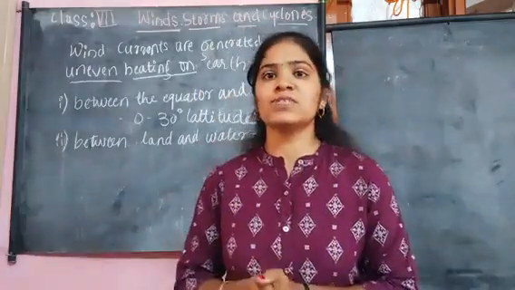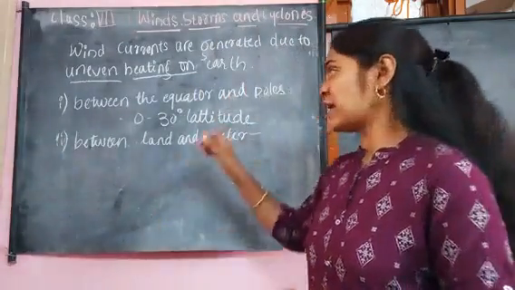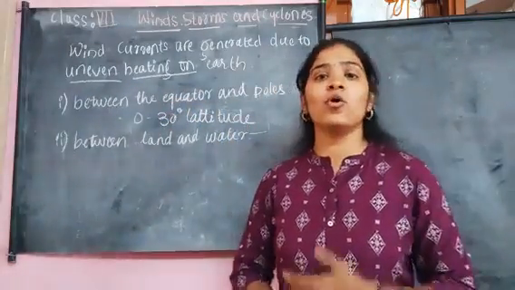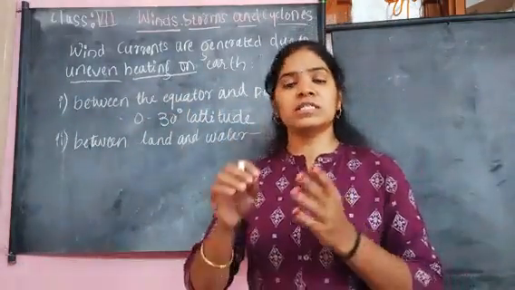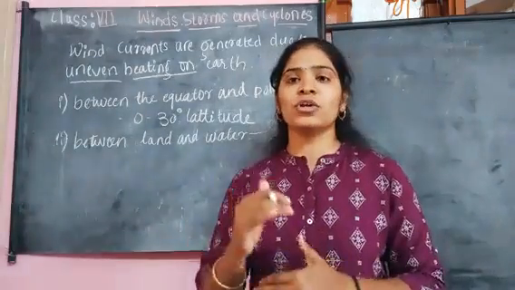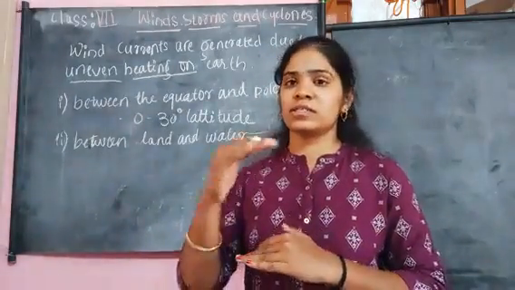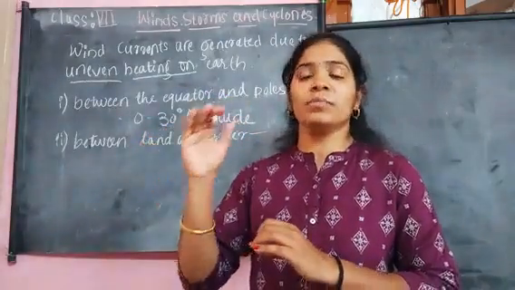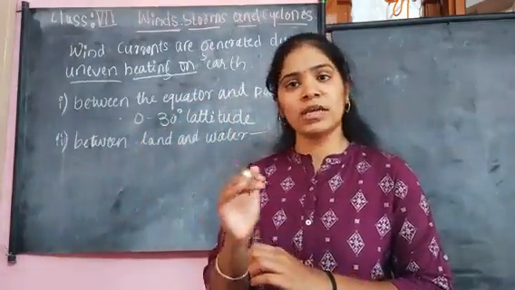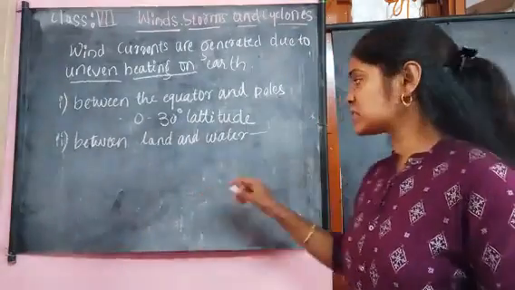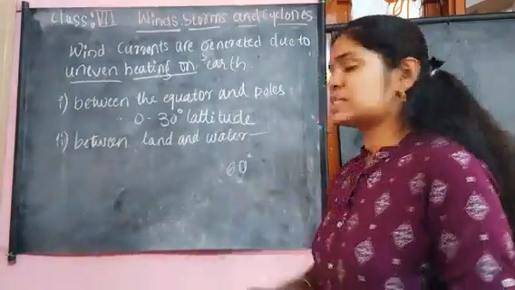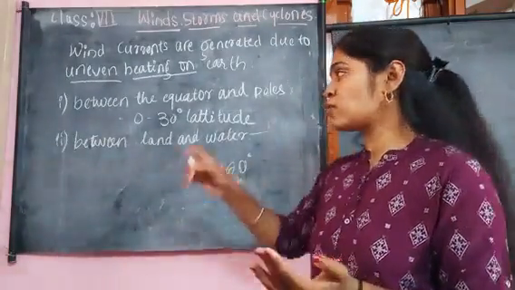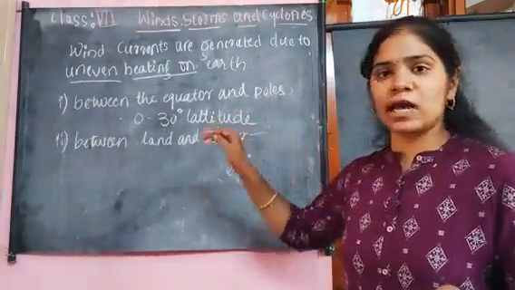So in this case what happens, the latitudes at the polar regions, that is 0 to 30 degree latitudes, have the colder wind that starts to blow towards the equatorial regions. Why? Because there is a higher temperature. When there is a higher temperature, the colder air will start to move towards the equatorial region. And at the 60 degree latitudes the temperature is high and it starts to blow, and the colder air from these latitudes will start to move